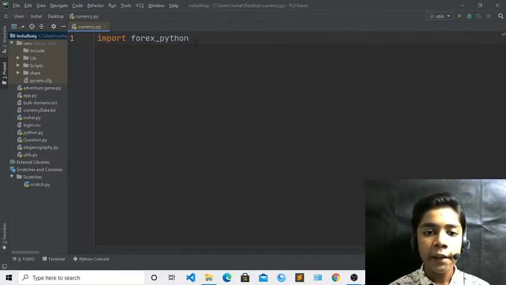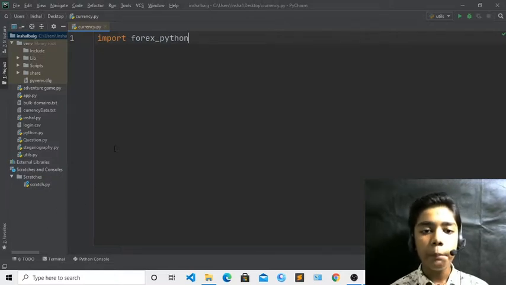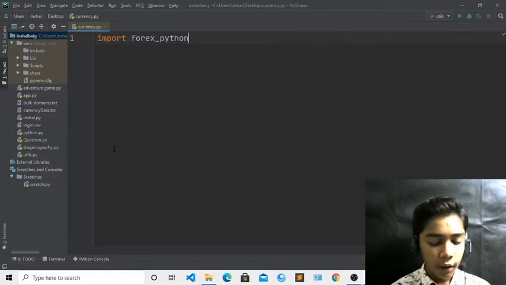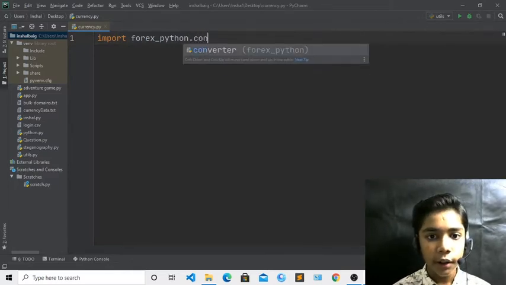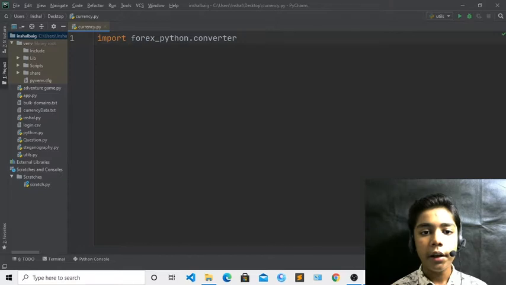If your forex-python is not showing in the tab, it is not installed, so you have to install it again from the terminal. Now you can see we have written import forex python. Now here you have to write dot converter, like we installed with our forex python.